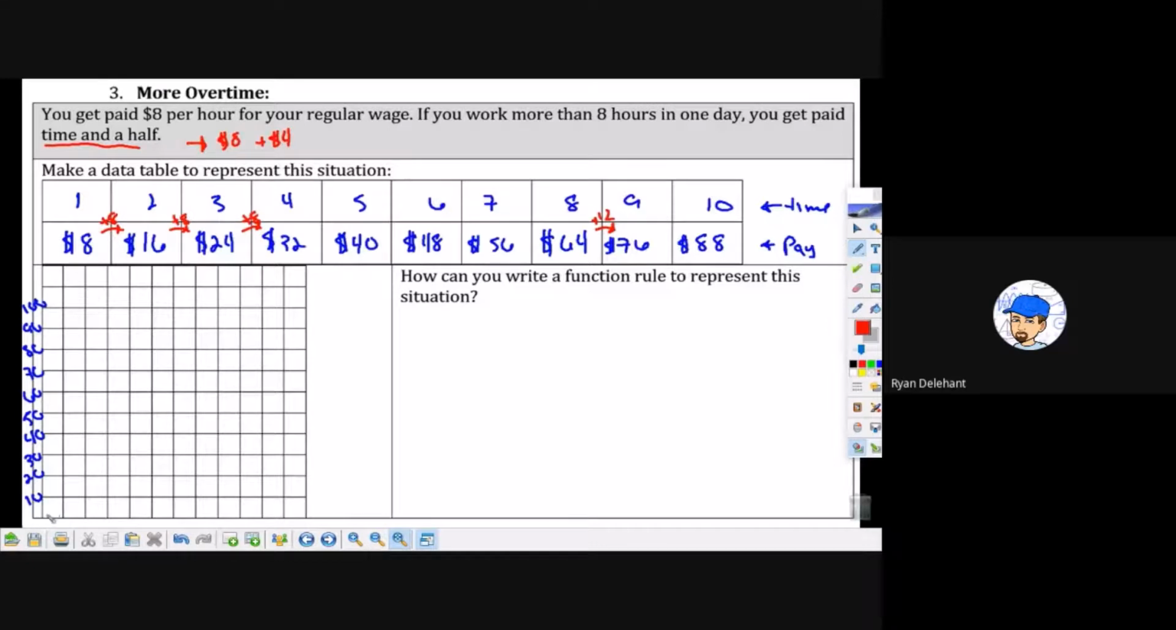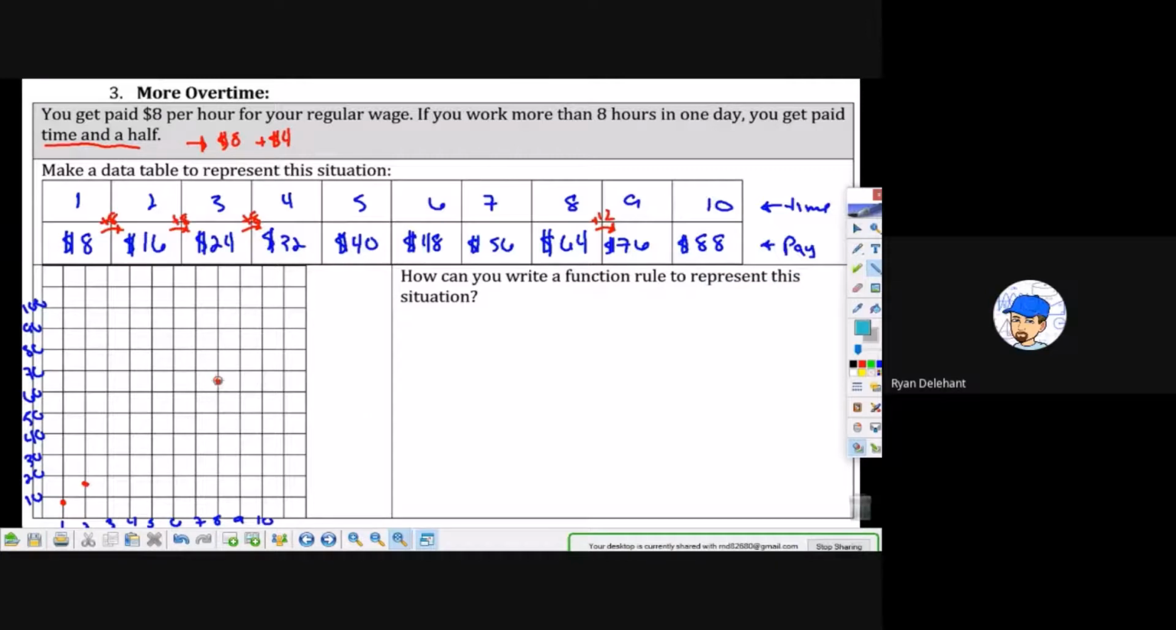So let's graph this. These are hours on the bottom, amount that we make on the top. And let's graph our points. 1, 8, 2, 16. And then I'm going to kind of cheat because this graph's not going to be perfect. 64 is about right there. These things should make a straight line. And the reason I connect this with a line,